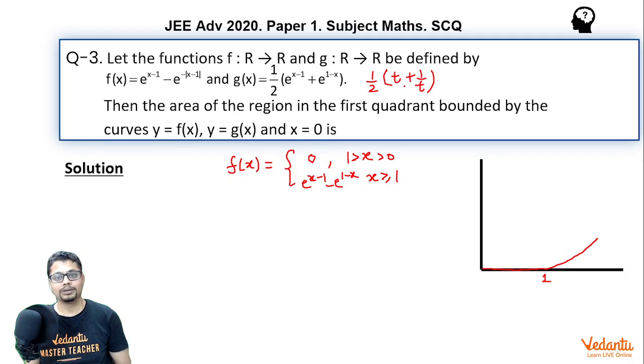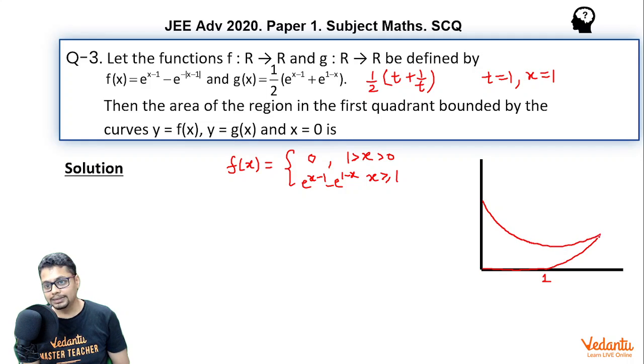So you can expect that t + 1/t will have a minimum value when t becomes 1. And when will t become 1? t becomes 1 when x becomes 1. Check it out, e^(1-1), e^0 is 1. Before this and after this, the values will be more than the value it takes at x = 1. So you may say at x = 1 it takes the minimum value,